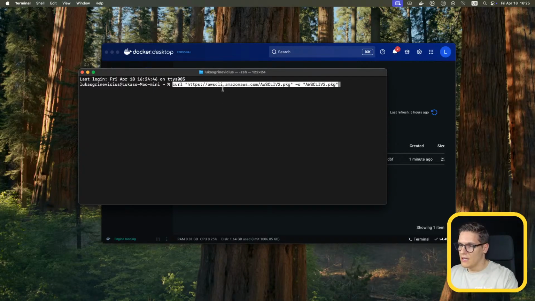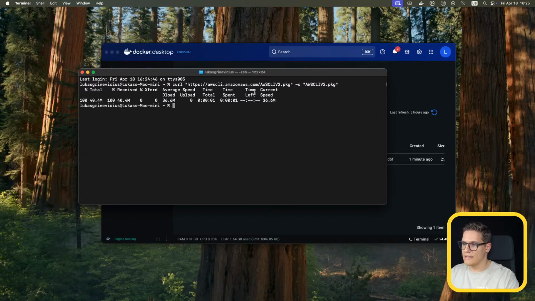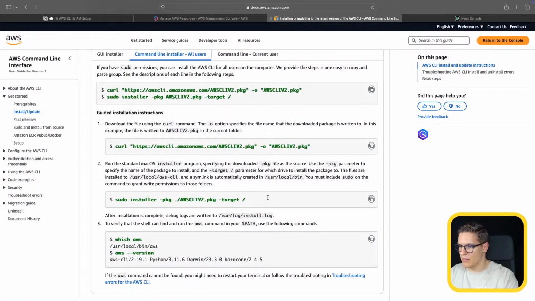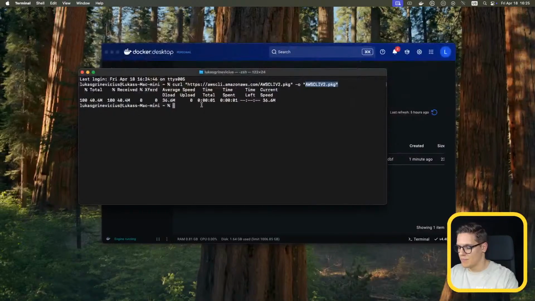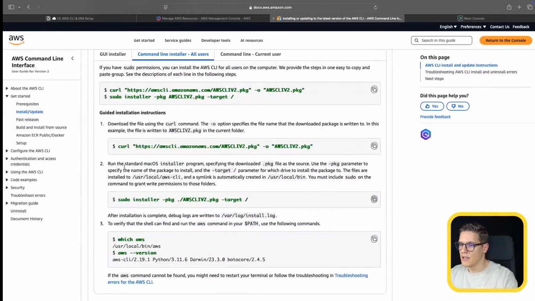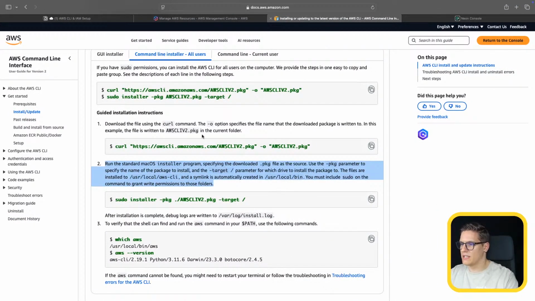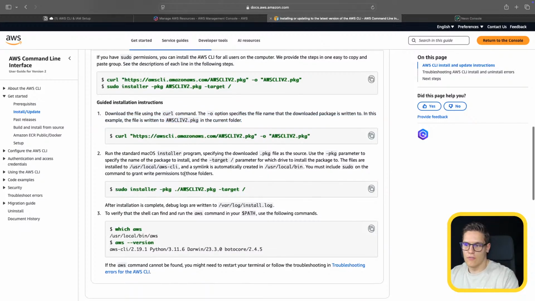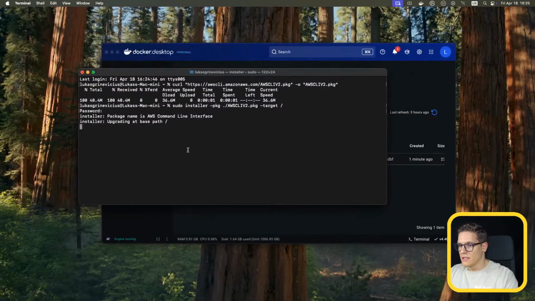So now, if we run this command, it will download this package. And now with the second command, we will install this package. And let's run it. Provide your computer password, and it will install in a second. Here you can read a little bit more about what these commands do, but I just gave you a short introduction of what it is. So we will need to wait a little bit, and in this tutorial there will be a few times where we need to actually wait, but